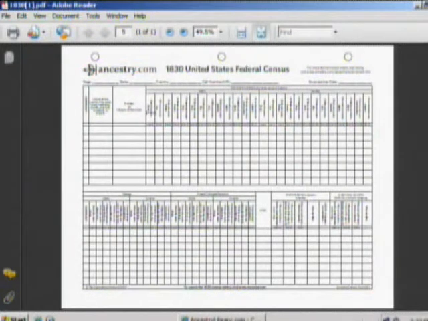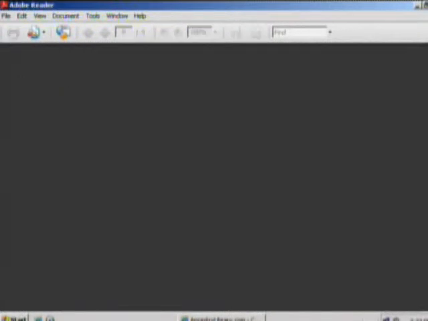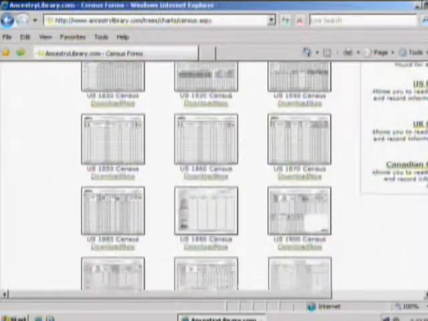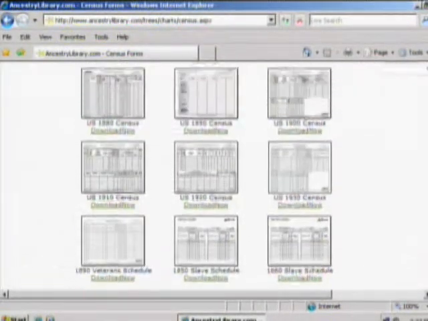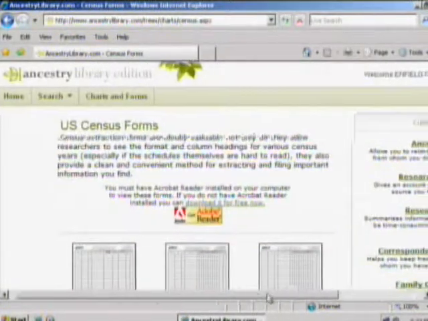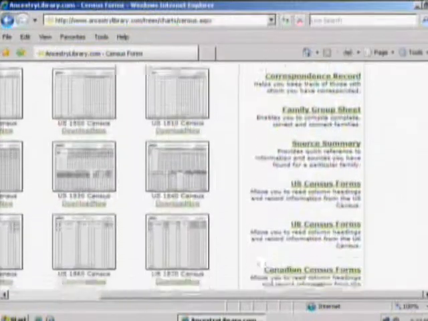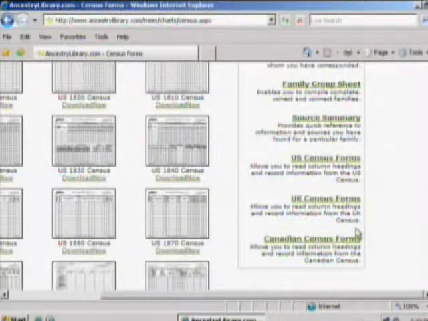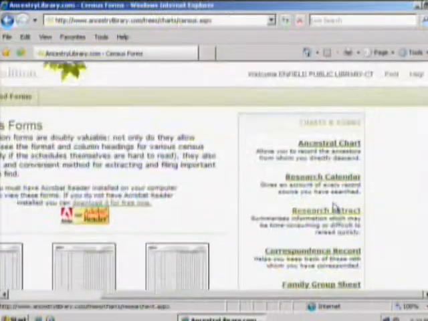And printing this out, you can certainly take a look at the categories that are up top here and all the headings that are listed there that may be difficult to read on the primary documents themselves. So using these as a reference point is usually a good idea, and I know a lot of folks that do it and have had a lot of success with it. So all of the originals, so to speak, are here through Ancestry Library Edition as well. And then a lot of the other census that may be available here, the Canadian Census and the UK Census forms are available too.